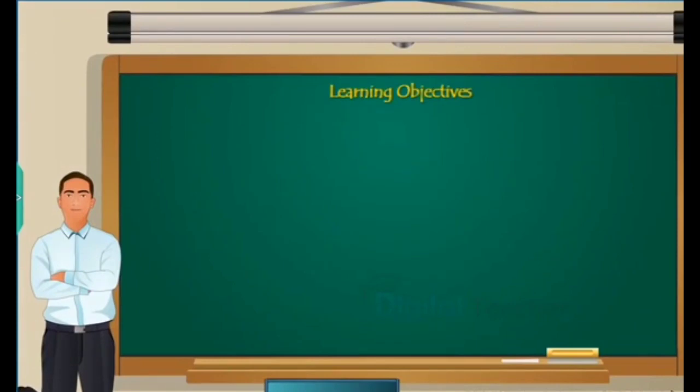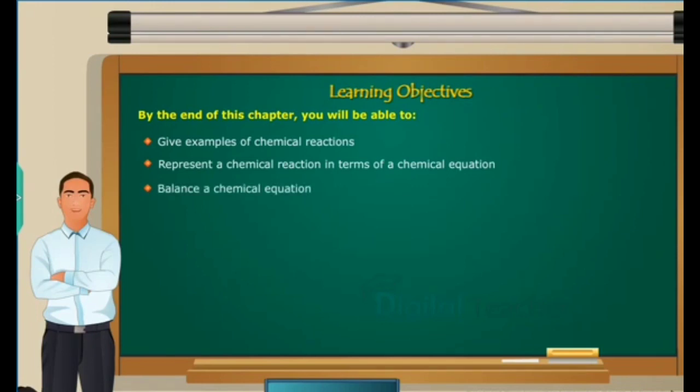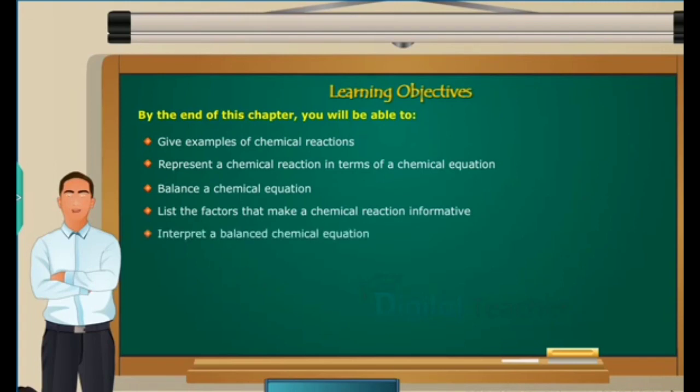Learning objectives. By the end of this chapter, you will be able to give examples of chemical reactions, represent a chemical reaction in terms of a chemical equation, balance a chemical equation, list the factors that make a chemical reaction informative, interpret a balanced chemical equation, describe the